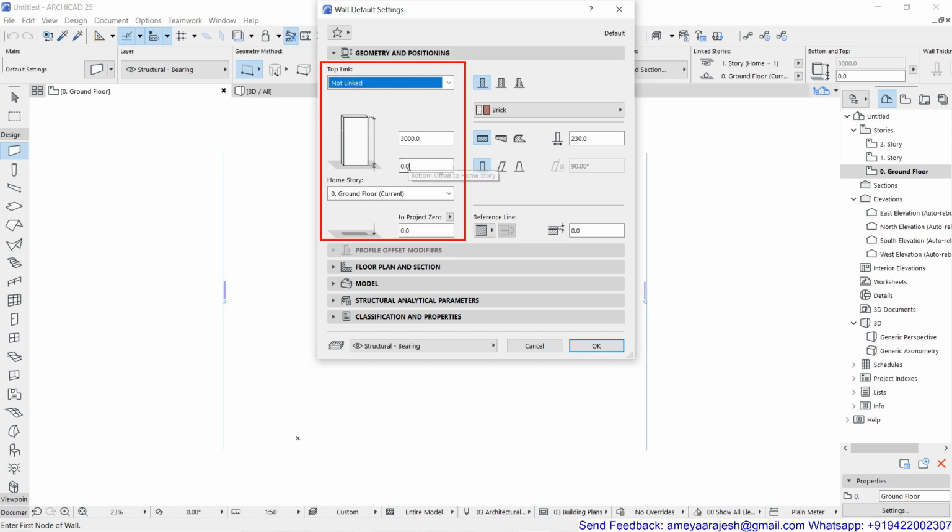The wall from the bottom story, that is bottom offset to the home story. Home story is the place where you're going to place this object, and the bottom offset is nothing but how much gap you would like to maintain from the current story. A story is nothing but an assumed drafting plane, and from that plane, you are either going to elevate the wall above, that is toward the positive z, or push the wall below the level of the assumed drafting plane, that is negative z. So that solely depends on your needs.